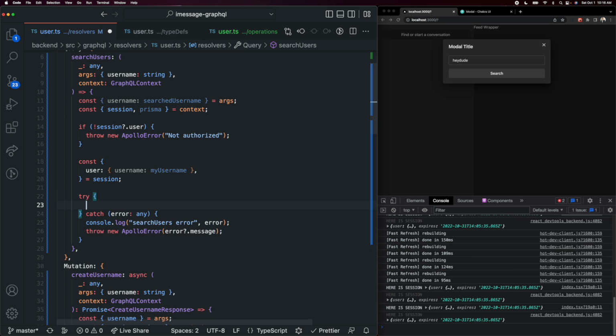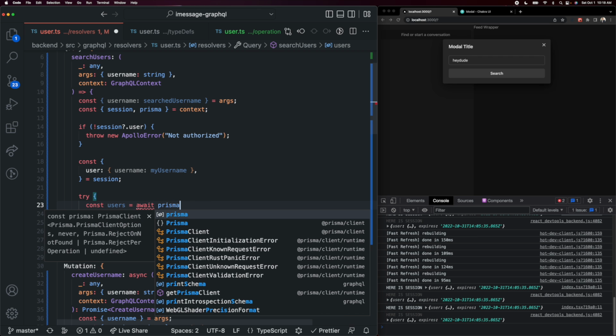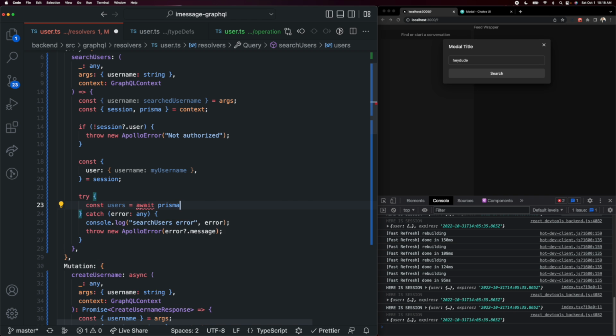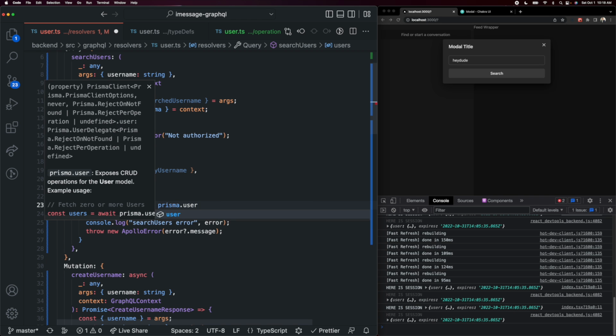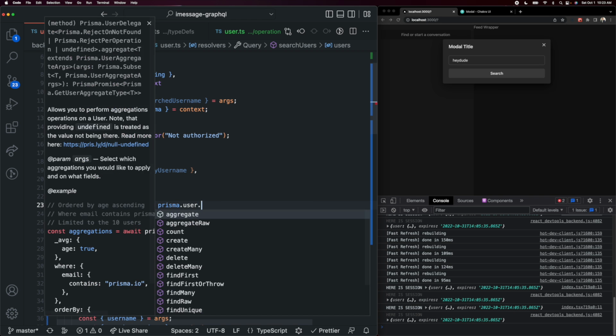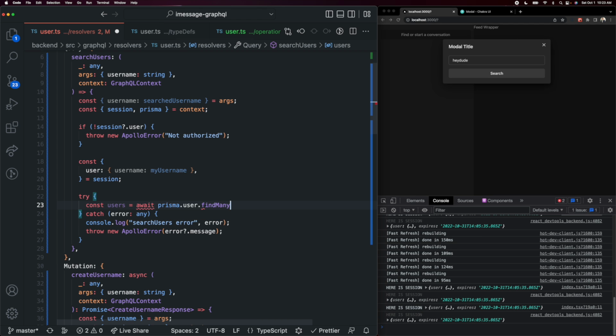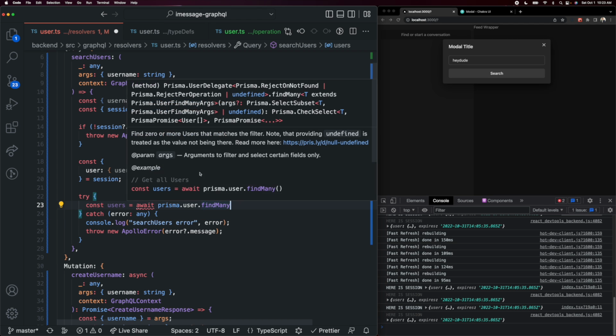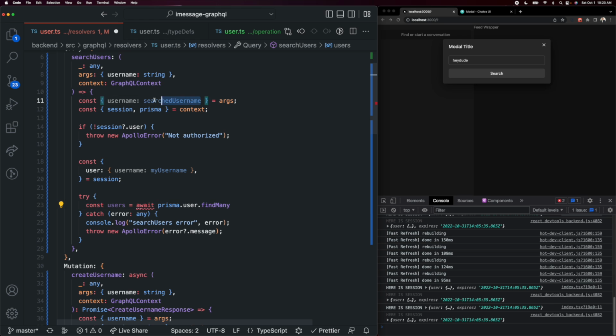And inside of our try block is where we're actually going to query our database using Prisma. So we can create a variable called users, and these are the users that Prisma is going to return to us from our database. So we're going to want to call our Prisma client, and that is asynchronous, so we are going to need to await that. And we are querying our user model, so prisma.user, and the function we are going to want to call here is findMany,